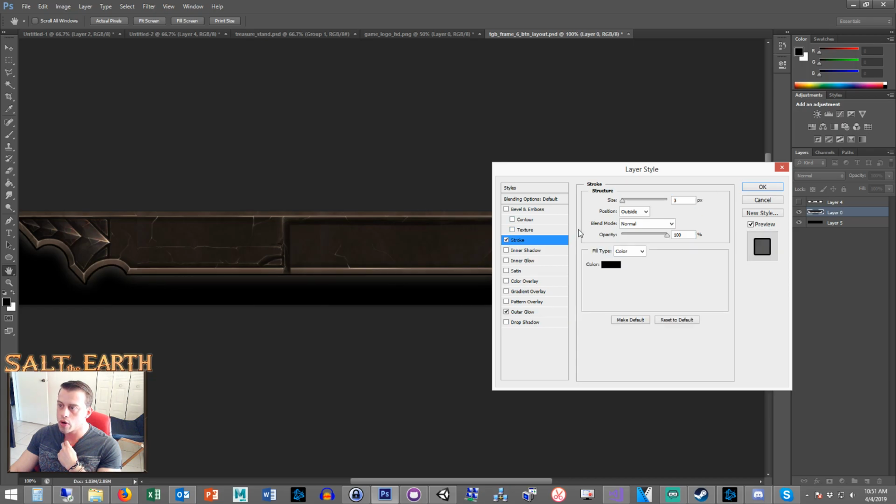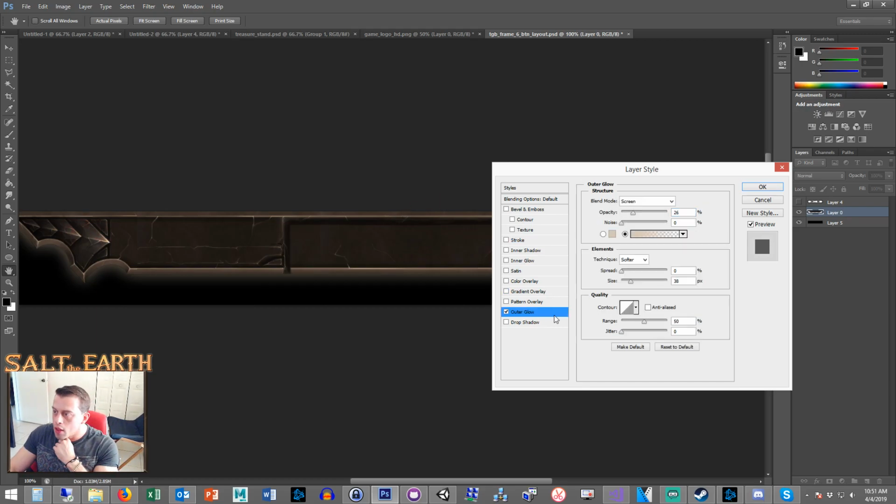Now, can we do a stroke on this? We can. That'll create a bit of our contrast. Let's do 2 pixels and then we'll bring that opacity down. Oh, okay. So it's not letting me play with the opacity there. It's either on or off. That kind of sucks. It's too bad there's no way to